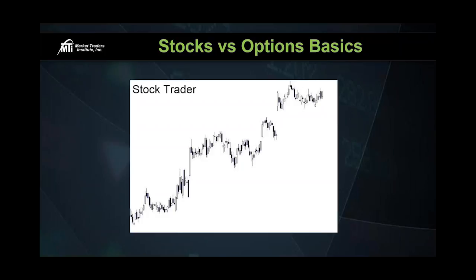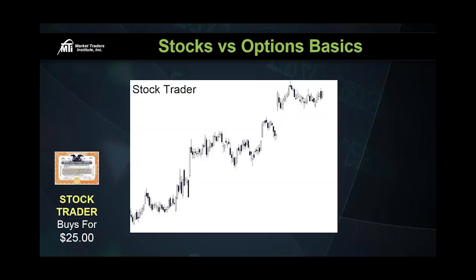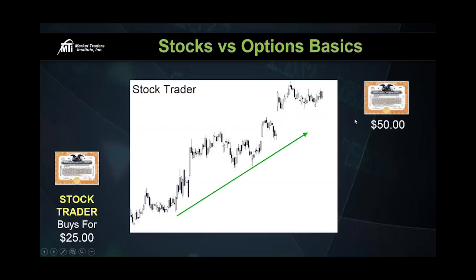I'm sure most of you here in the room say you know how a stock trader works. Here's what a stock trader is going to do. They're going to look at a stock. Maybe it's stock XYZ, trading at around $25 a share. Maybe you've done some analysis. Maybe there's an announcement coming out where you believe that stock XYZ is going to go up. So as a stock trader, you buy one share of stock XYZ. And maybe after the announcement, stock XYZ does in fact go up to $50 a share. Not too bad. Stock trader, you just generated a 100% return on your investment. Most of you would be pretty happy with that.